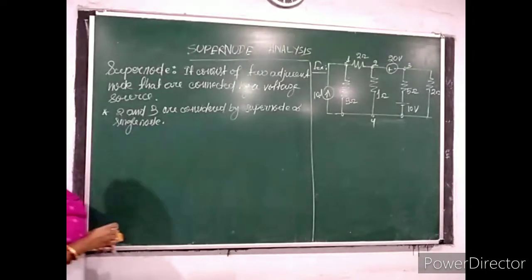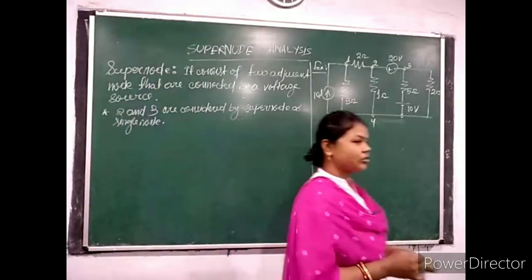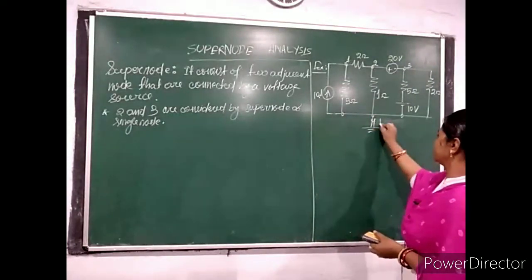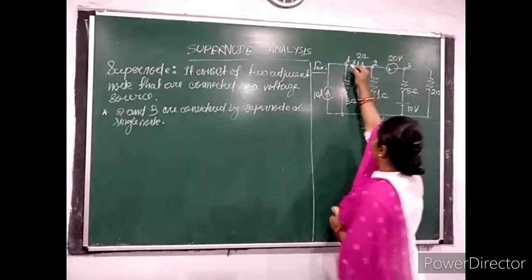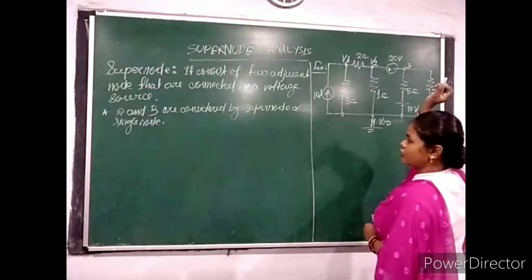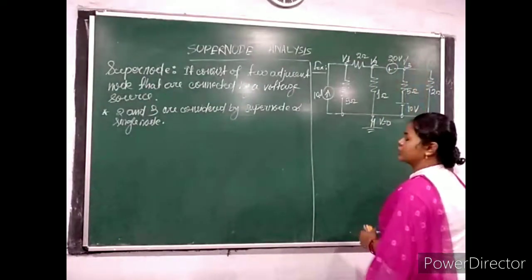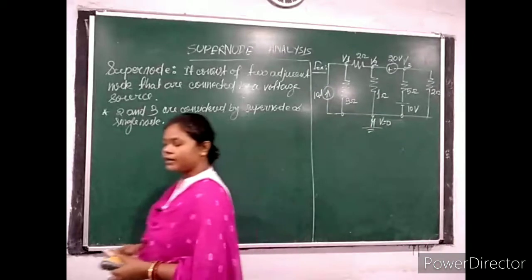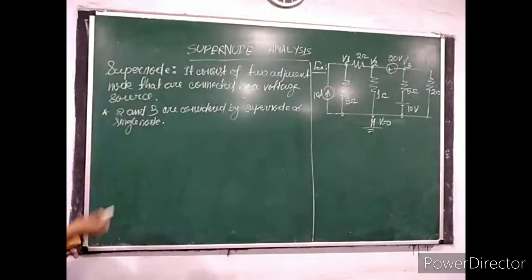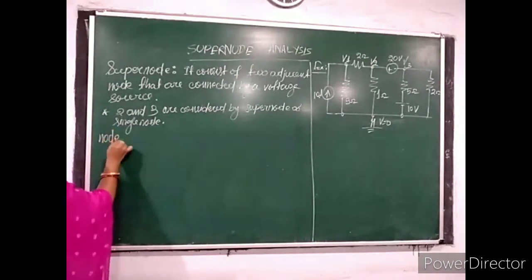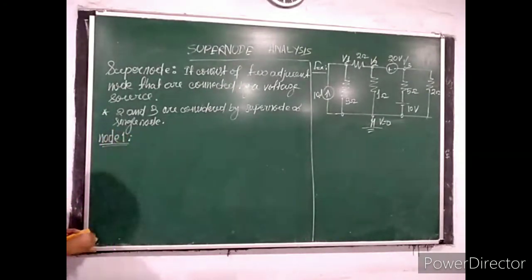Here you assign voltages for each non-reference node. Here I assume node 4-5-6 as the reference, which means the potential is 0. Let V1 be the potential at node 1, V2 the potential at node 2 and V3 the potential at node 3. Now I write the KCL equation for nodes 1, 2 and 3. For node 1, the KCL equation is